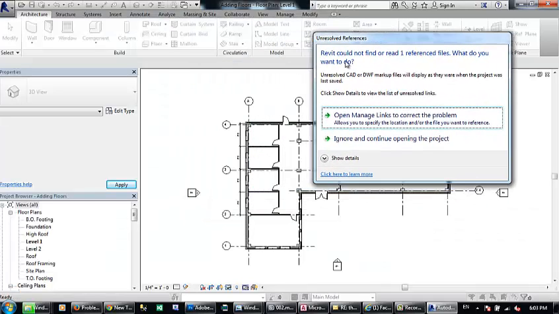Okay, maybe a message will pop up for you because there is an external Revit file that should be loaded